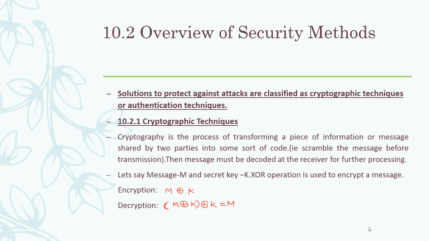Cryptography is the process of transforming a piece of information or message shared by two parties into some sort of code, that is, scramble the message before transmission. Then the message must be decoded at the receiver for further processing. So the encryption terminology means it's the process of taking the plain text message, scramble it into an unreadable